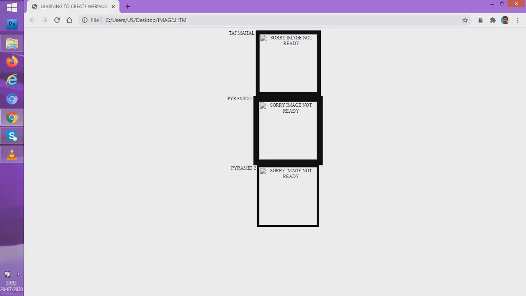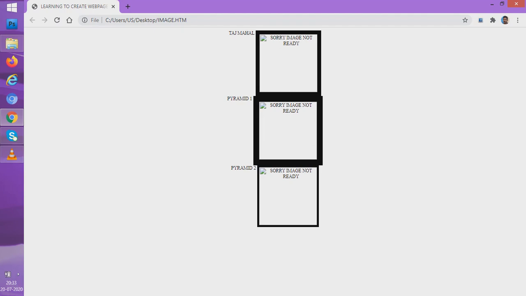See, the alt text appears, no image is found, because we have removed the path and we have kept this HTML file at a place different from the folder where the photographs are. So what did we learn? We should have the images as well as the HTML program in the same folder if we don't want to give the path. And if we want to give the path, we can keep them in different folders.